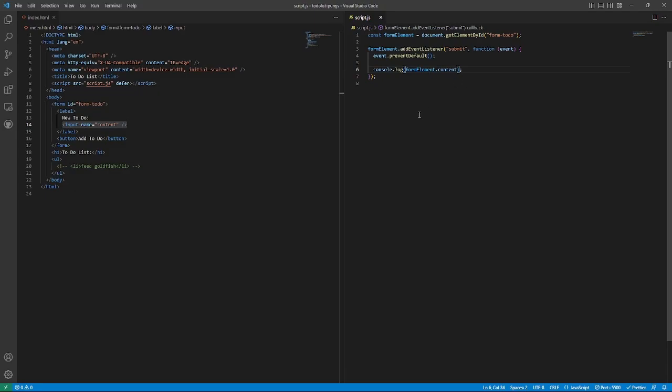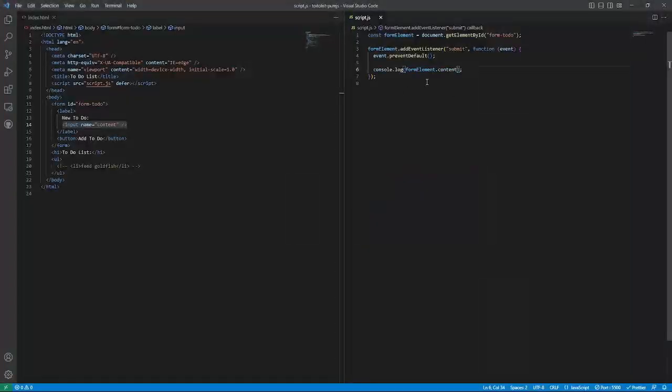We're going to change this in a bit, but for right now we'll use this. So if I say feed goldfish, add to do, we get a console.log of the input with the name of content, and in Chrome, if we hover over it, we can see that input is highlighted. We got that just because we said form element dot whatever the name was. Without this name there,